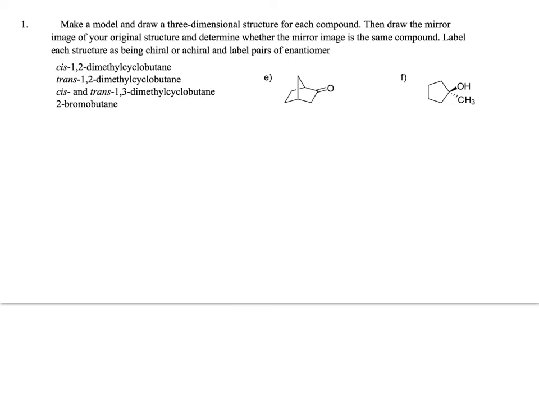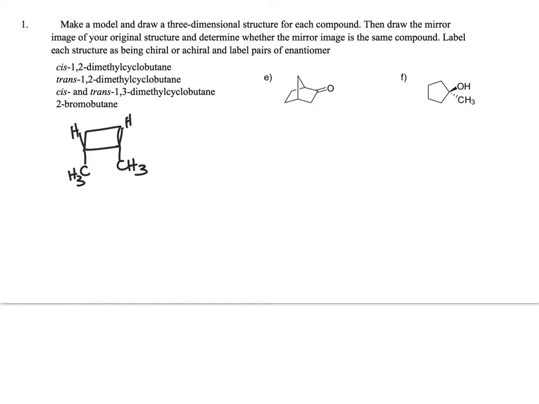Okay, for this problem you need to draw three-dimensional structures. The goal here is to see if you can draw mirror images. For some compounds, it is the only way to really determine whether you have an enantiomer or an achiral carbon. Okay, so the first one is cis